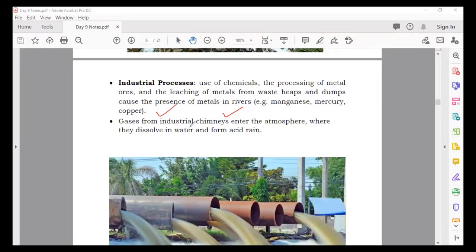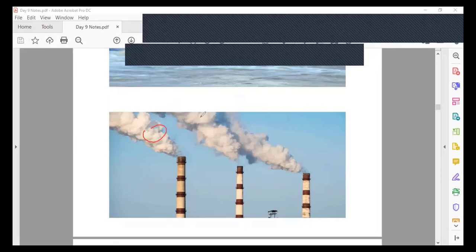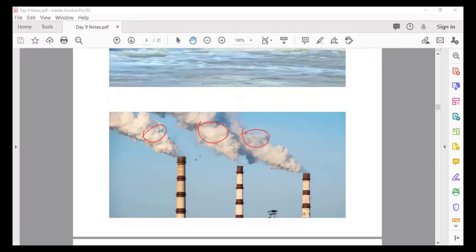For example, here, see, these are the chimneys, and they are just producing smoke, and this smoke has a lot of chemicals. It can have sulfur dioxide, it can have maybe nitrogen oxides. When they go up, they mix with the clouds and they can cause acid rain,